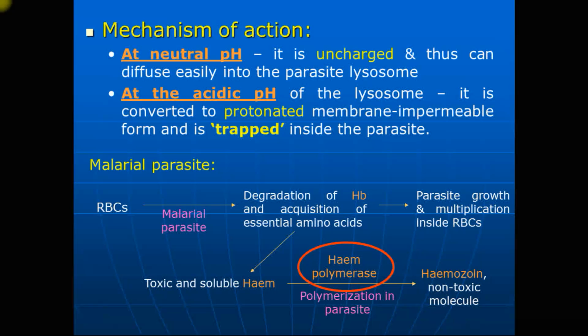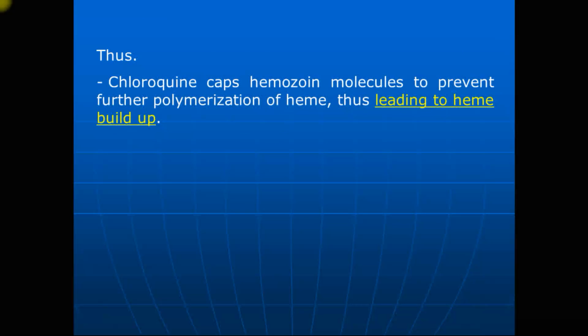Now our drug is targeting this enzyme. Which enzyme? Heme polymerase. This is inhibited by the drug chloroquine. Not only chloroquine, but many drugs like hydroxychloroquine, quinine, and quinidine all block the same enzyme, heme polymerase. Once you inhibit this enzyme, once the capping of the hemozoin molecule is blocked, Plasmodium will not be able to further polymerize the heme,